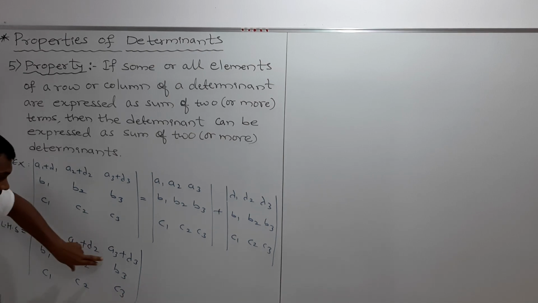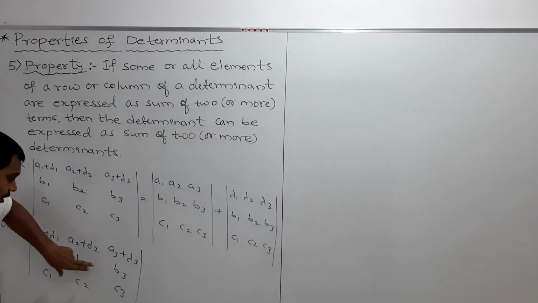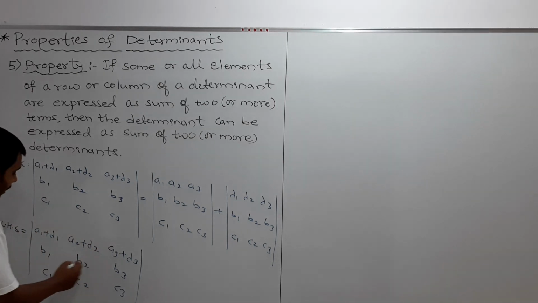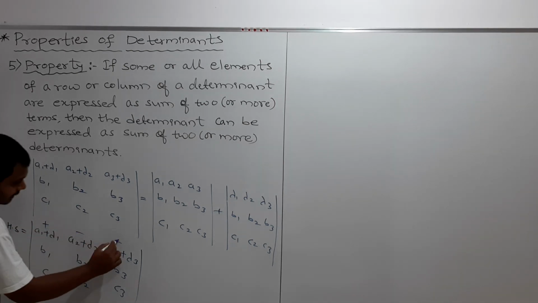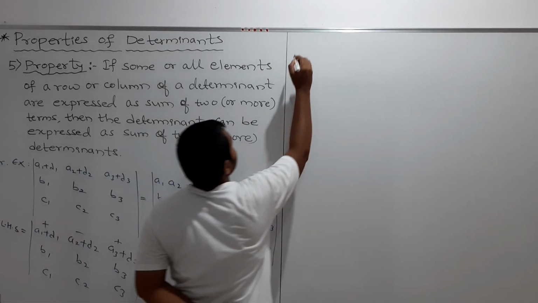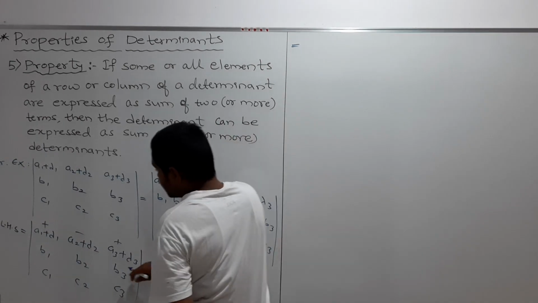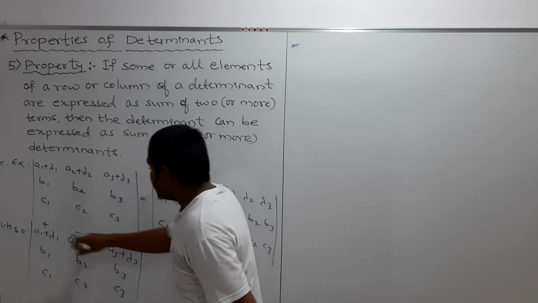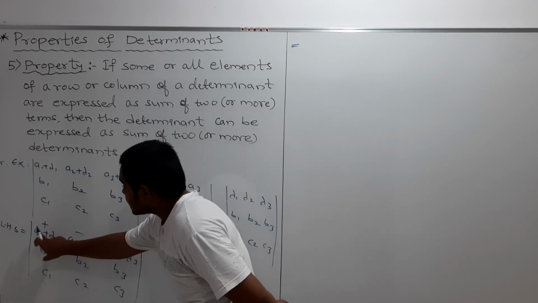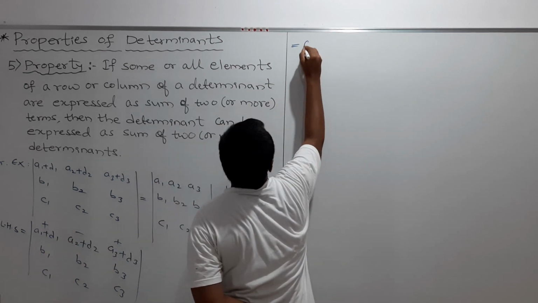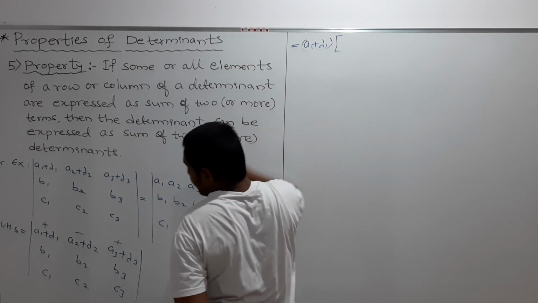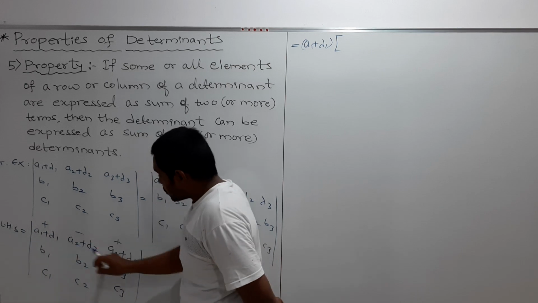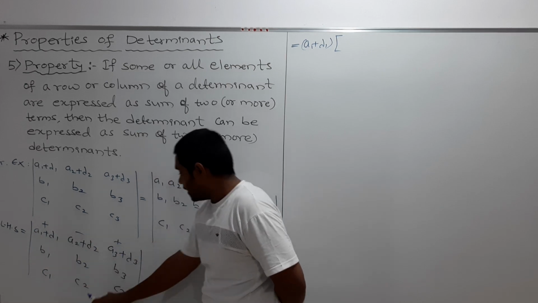Now, my dear students, I will solve this determinant, and already we know how to solve a determinant of order 3. So first we should put the signs plus, minus, plus. Now simplify this further. Plus this element, a1 plus lambda 1, into leaving this row and this column, the remaining elements,